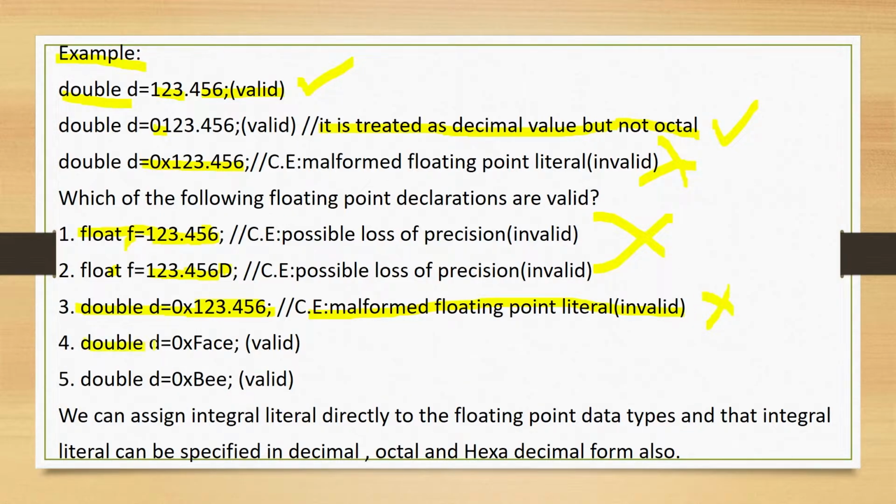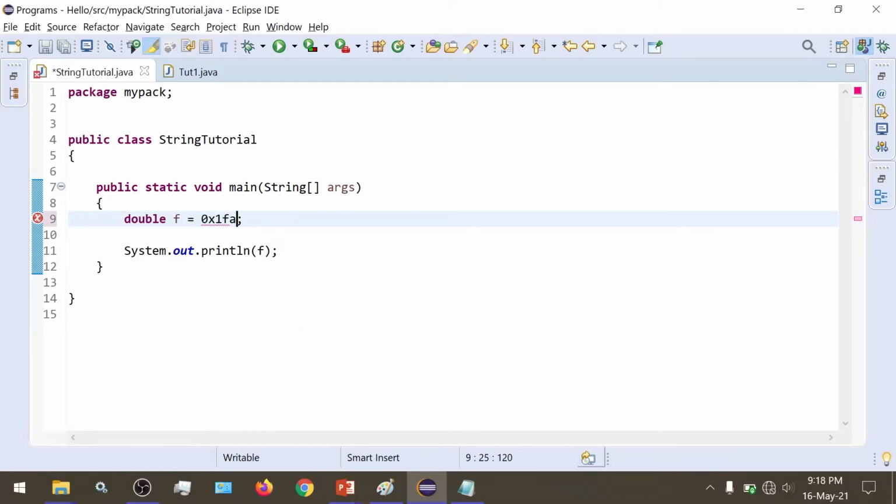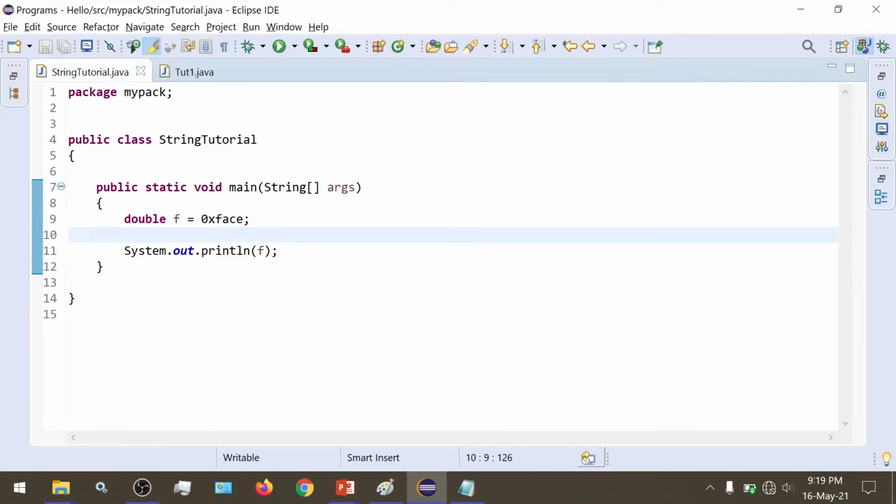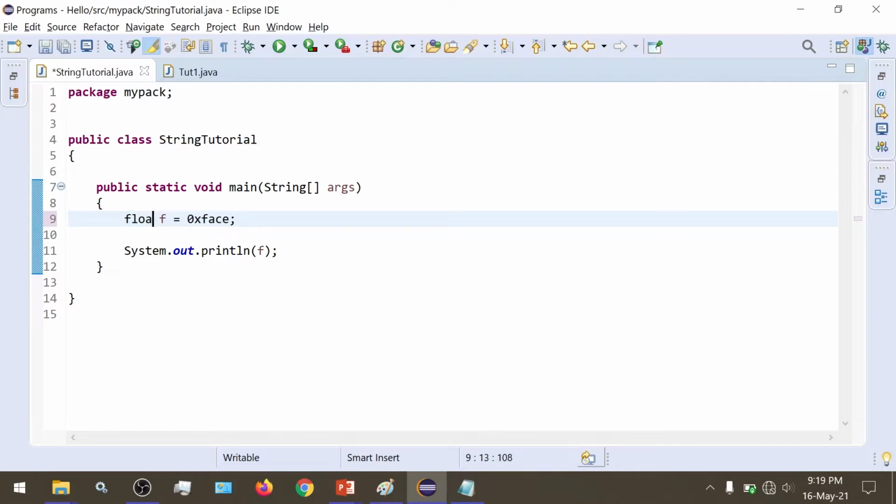So now let's see this example. When we try to run this, we get this output. This is considered as correct. So this is a hexadecimal double number. We previously saw a hexadecimal integer number, and this is a hexadecimal double number. So if you want it to be of type float, then we could do this, and it would be of type float.